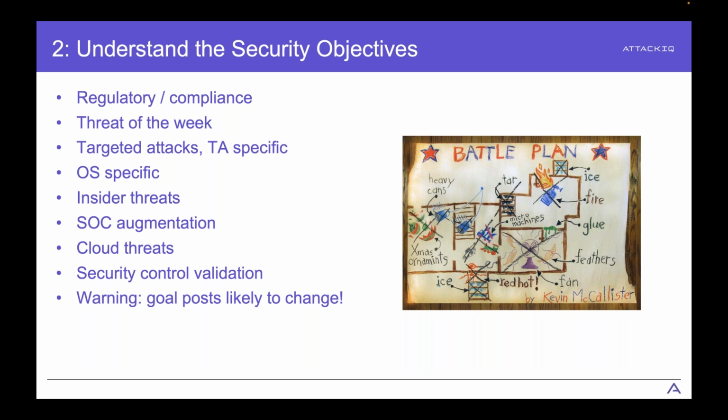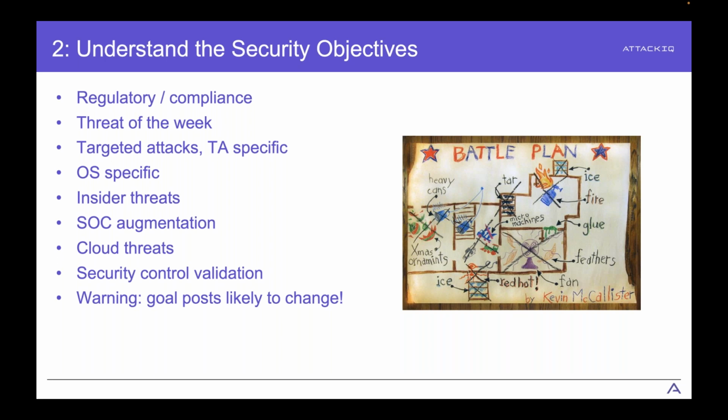Perhaps the latest threat of the week is a focus point, for example, emerging ransomware threats or campaigns. It could be that maybe the threat of the week isn't such a big deal, but a certain nation state actor is, or maybe targeted attacks, right? Hands-on keyboard type attacks, or a threat actor specific to your industry vertical, or even just specifically who's interested or shown interest in your business. So perhaps there's public reports available, perhaps there's even past breach attempts, whether failed or successful, and even attack investigations within your own organization. So these may be a priority to you.